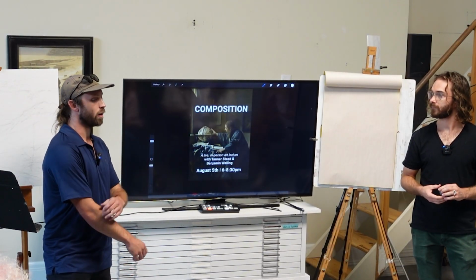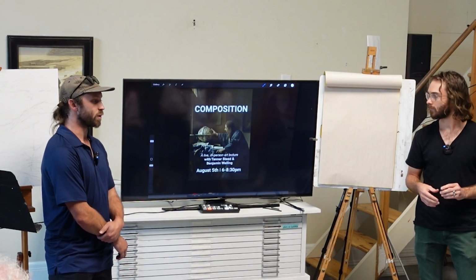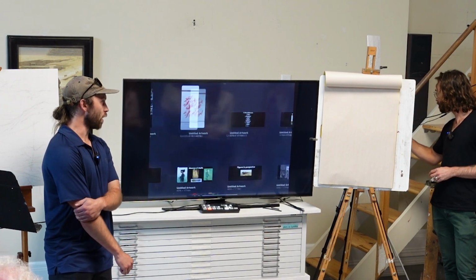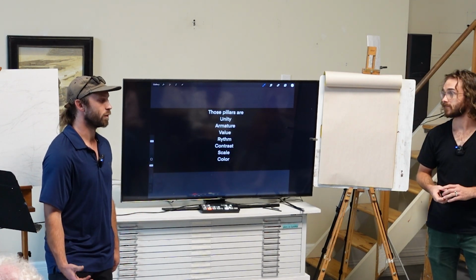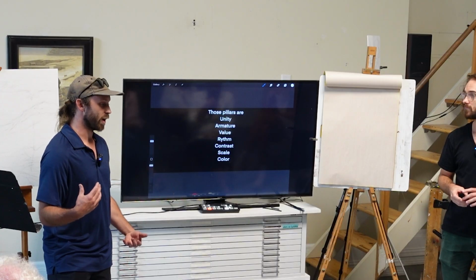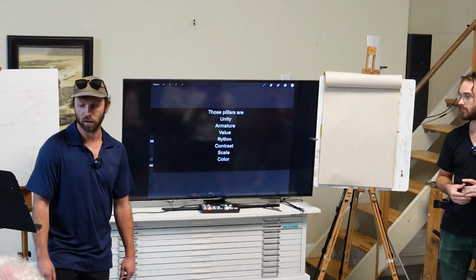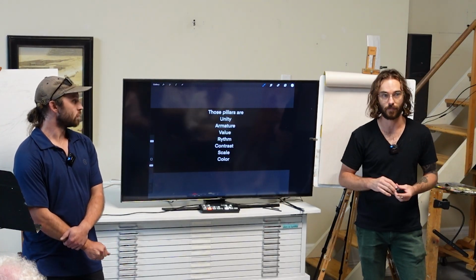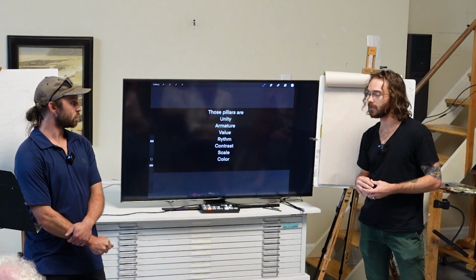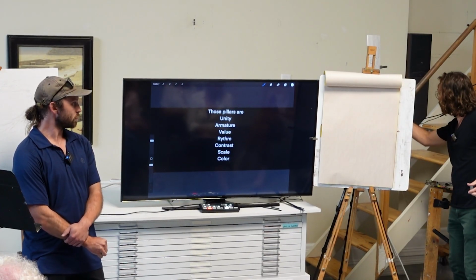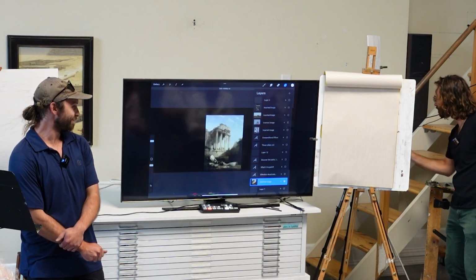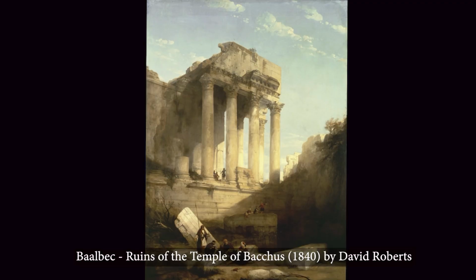We're breaking it down into what we're calling compositional pillars. So these will be frameworks that you can actually use and take note of while you work and sort of check your work so you can answer the question, is my composition working? Is this picture working? And honestly, this is a very limited list of things that you can keep in mind while composing. But these pillars, if you can imagine some kind of epic structure like this. Okay, what makes a great composition is the use of all of these pillars